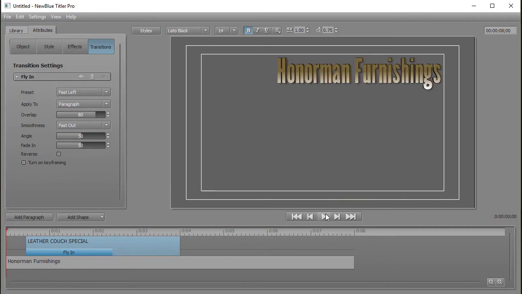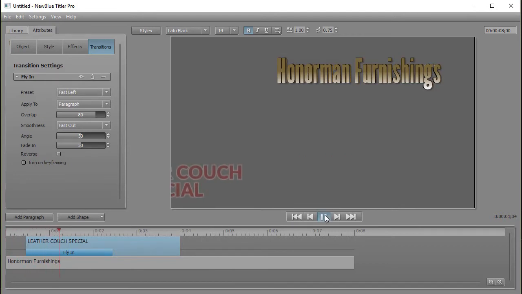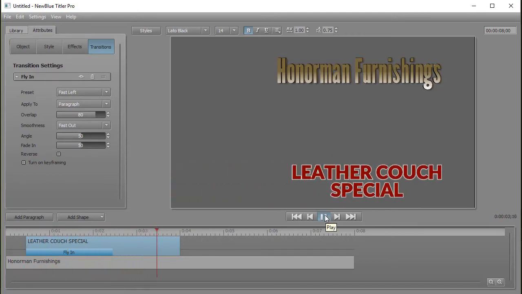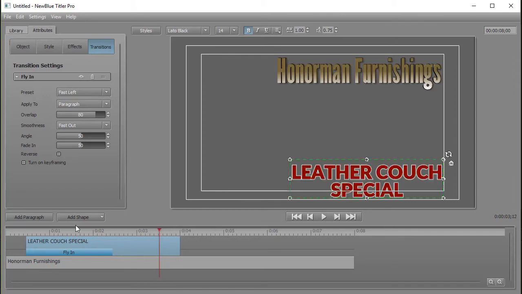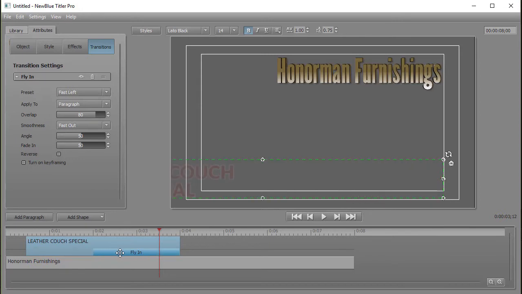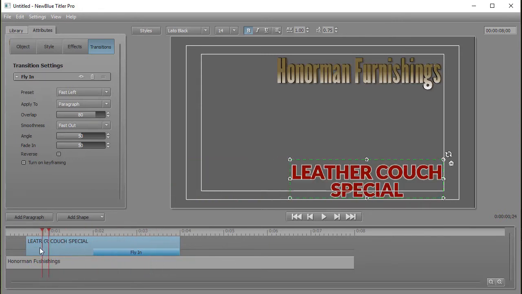So if I go to the beginning and play it, it flies in from the left and then freezes. So this is something we're more or less used to. And the question is, well, how can I use this at the end of this transition? Because all of these are labeled and marked for the beginning. The simple way to do that is you take your mouse after you've applied it to the beginning of the clip, and you go ahead and click on it and you drag, and it will snap to the end of the clip. And now if I go ahead and play this,